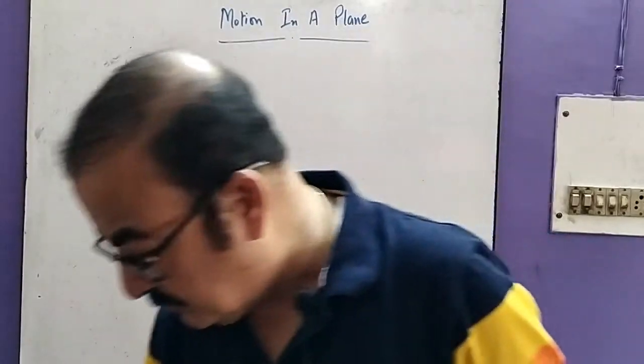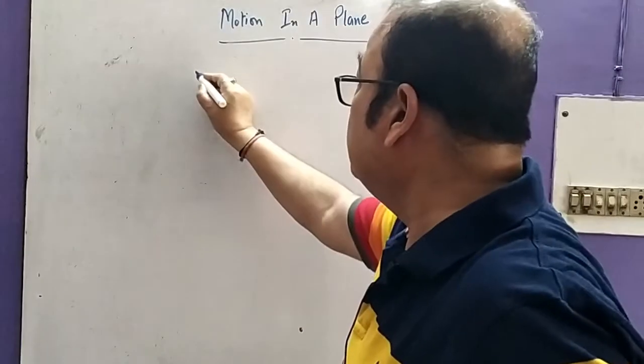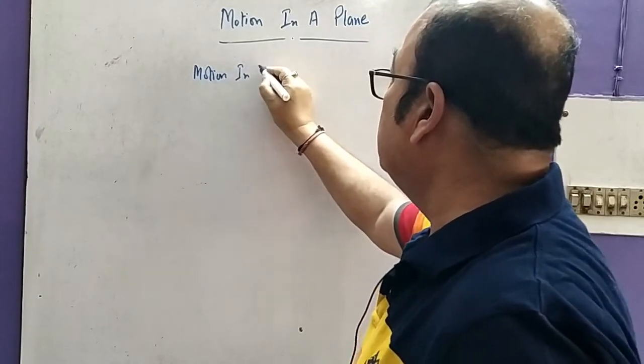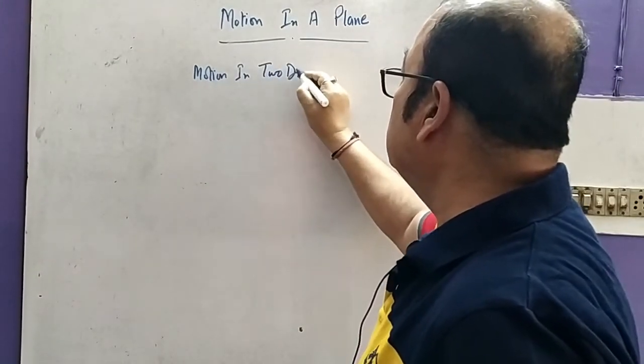In the previous lecture, we discussed vectors, the scalar product and the vector product, and we discussed in detail how we calculate the different types of product, that is, the scalar product as well as the vector product. Before we move to the main topic, that is projectile motion or circular motion, let me first discuss two-dimensional motion, the motion in two dimensions.